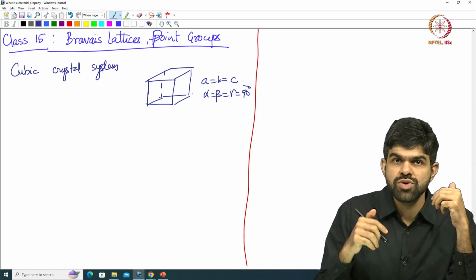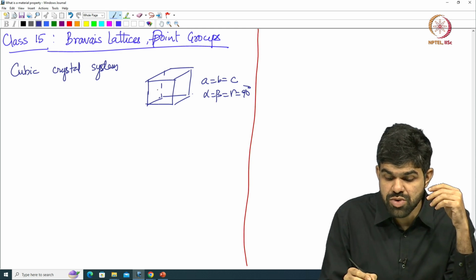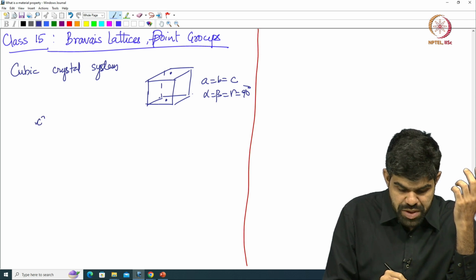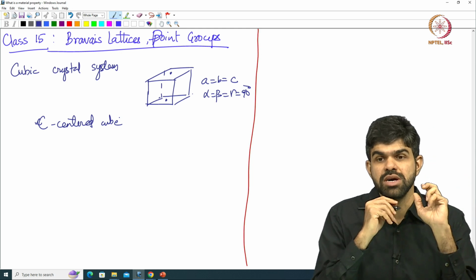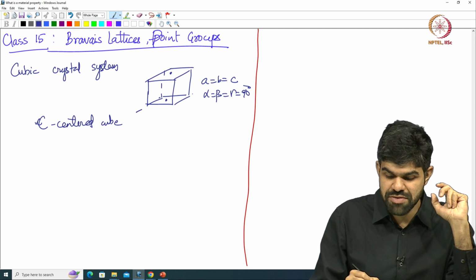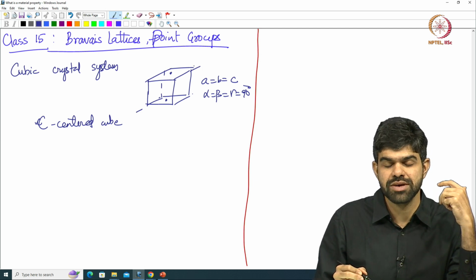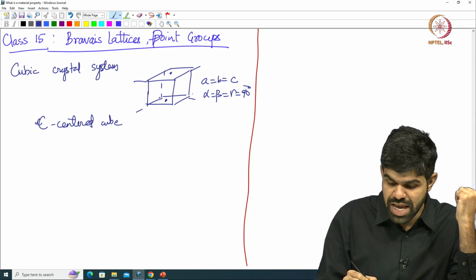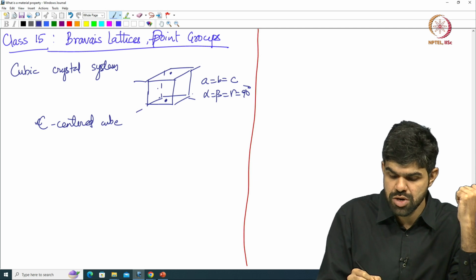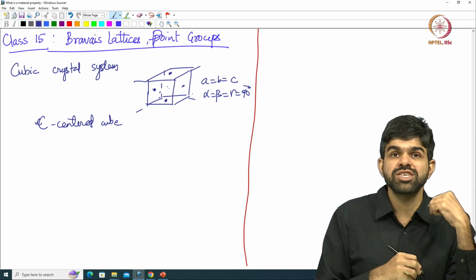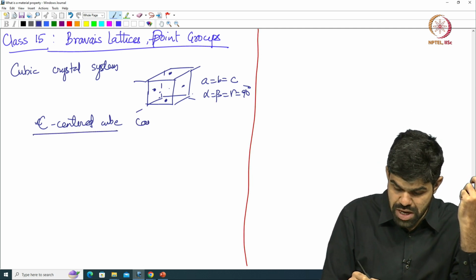And so we can do the exercise of trying to start with a centered unit cell. If we start with, let us say, a C centered cube, you will quickly realize that you cannot just have lattice points which are C centered, because by definition this should have a threefold symmetry about all these body diagonals, and a threefold symmetry will take this face center to some other face center, and this face center to here, and so on and so forth. So, a C centered cube cannot exist,